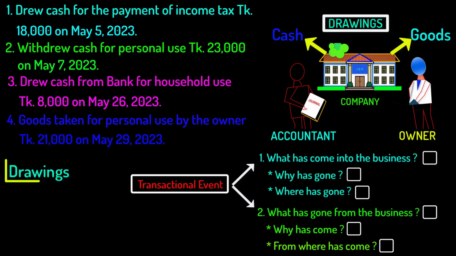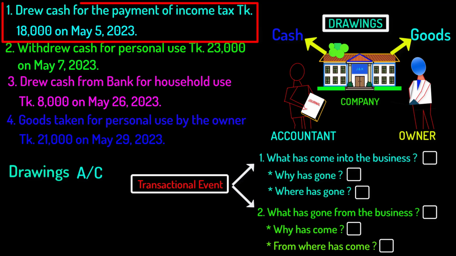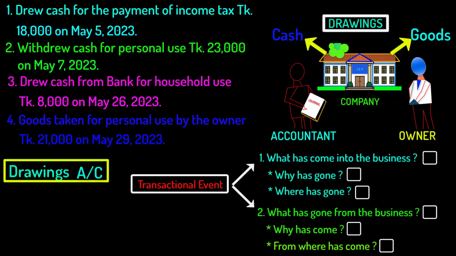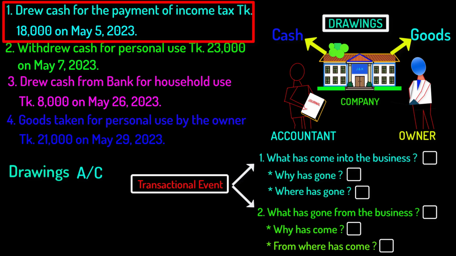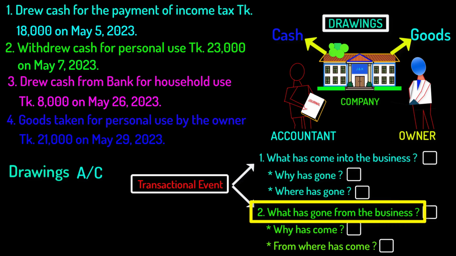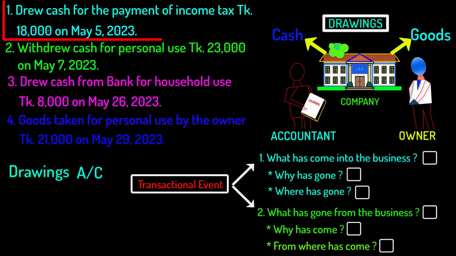That means drawings will be the name of the account that is involved in this transaction. As you have already got the name of one account by asking yourself this question, now you will have to ask yourself these questions to find out the name of the other account that is involved in this transaction. What has gone from the business? The answer is cash. Am I right? So you have got the name of the other account that is involved in this transaction, and that is cash